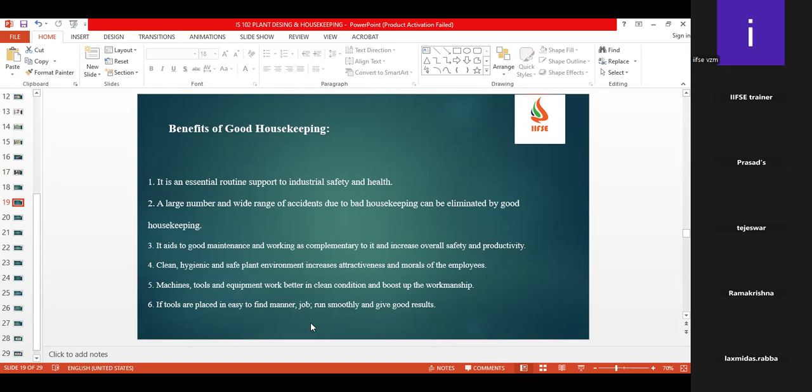We have less than a minute. I'll take these two points meanwhile. Machines, tools and equipment work better in clean condition, which boosts workmanship. When we say the equipment is clean, it is not only about cleaning. It is physically, I mean by appearance, clean, and the condition of the equipment also should be clean. If the tools are placed in an easy-to-find manner, the job runs smoothly and gives good results. So again, searching, if any tool or any equipment is required in case of any